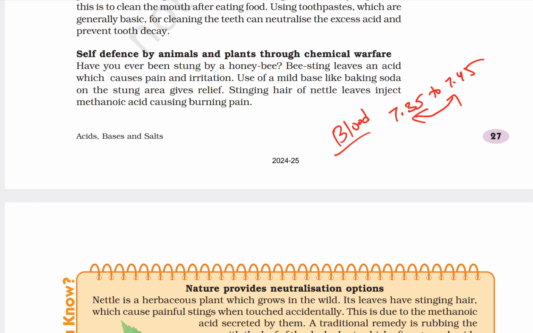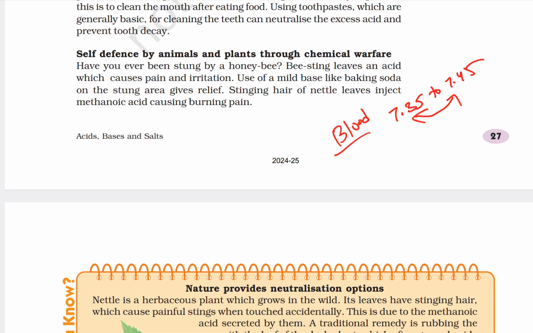Stomach acid has a pH of 1.5 to 3.5 usually, which helps in food digestion, and it kills the harmful bacteria in your stomach also. But if there is some variation, as we just discussed, if more acidic nature is getting inside your stomach, you have to balance it with the neutralizing process. And tooth decay also. Usual mouth pH is 5.5. If it is reduced and more acidic, then definitely you have to take action. This happens because of bacterial action.